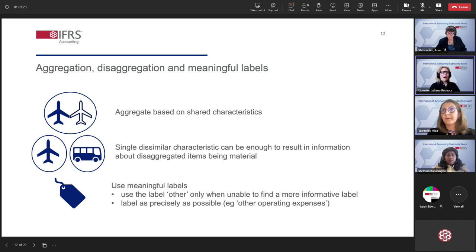Sure. IFRS 18 requires a company to group together or aggregate items based on shared characteristics, and separately present or disclose items that have dissimilar characteristics. IFRS 18 includes examples of characteristics for the statement of profit or loss and the statement of financial position that a company considers in making its judgments. The examples identify characteristics that are likely to relate to aggregation and disaggregation in the statement of profit or loss and the statement of financial position.